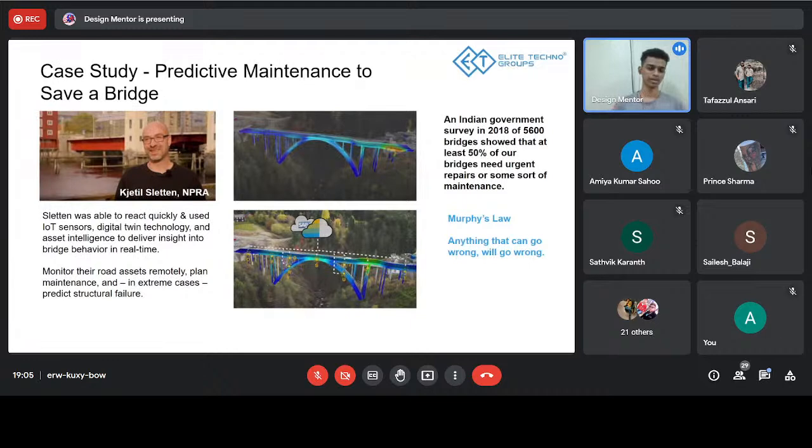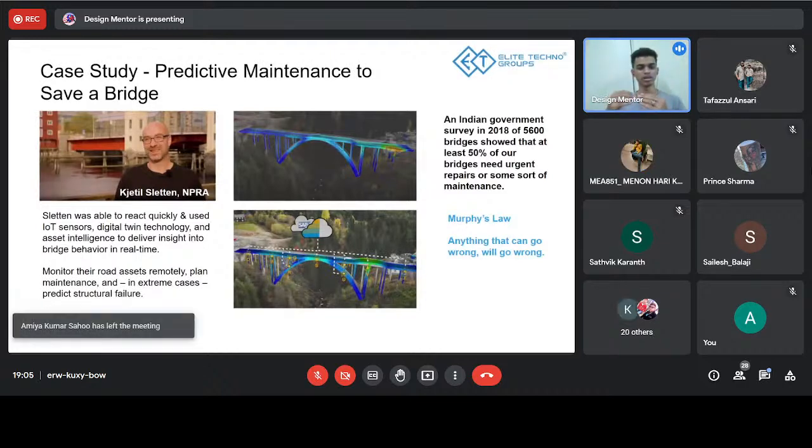So, let's take a case study of predictive maintenance done to save a bridge. So this man, I won't try to spell his name, it's very difficult, right? So what he did was, he was going home one day and he saw that there are lots of bridges in his hometown that are not very well maintained and there are lots of cracks and all. So with the help of a company named SAP, they put lots of IoT sensors within the bridge. They made a 3D model of that bridge and the data they were receiving, like the wind speed,